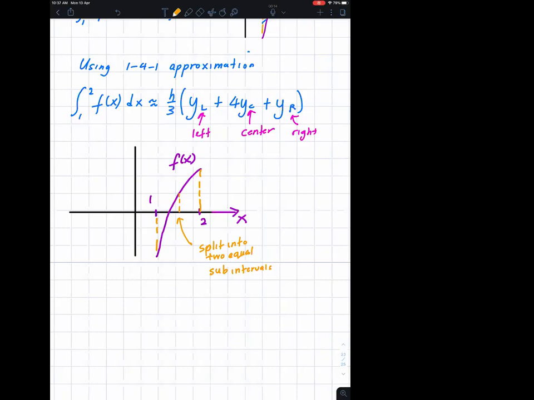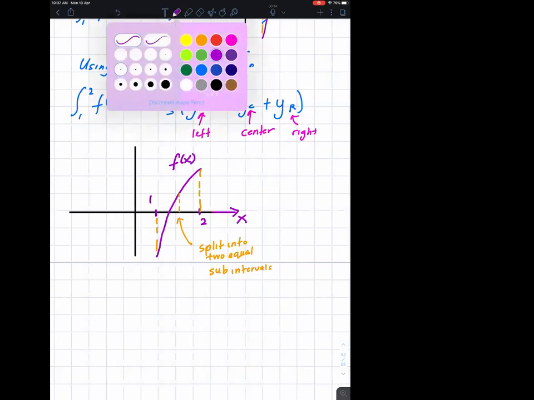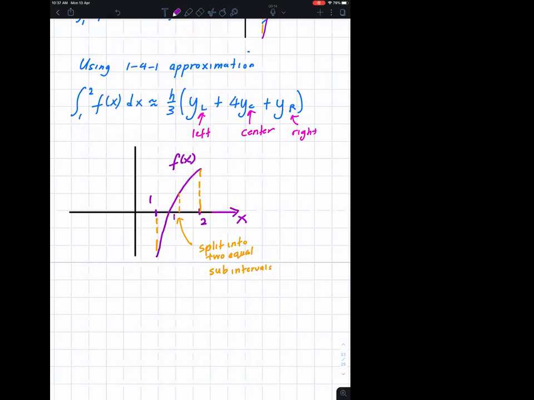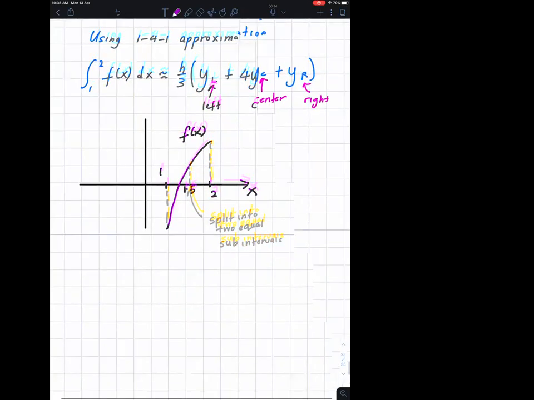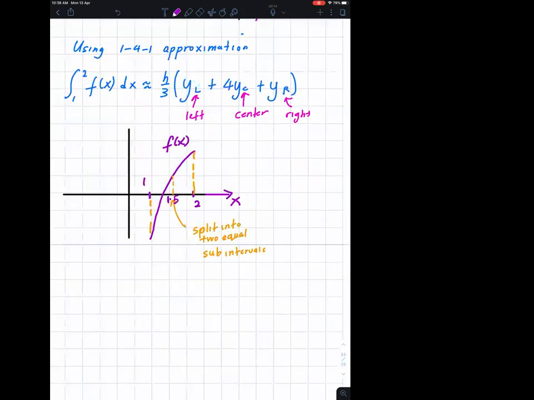The middle is going to be 1.5. Okay, good. Now another thing you have to note, the interval size,